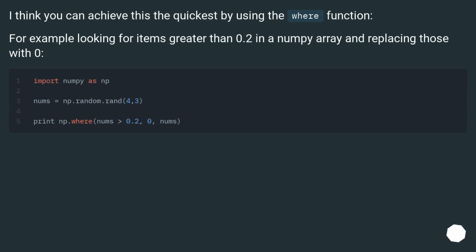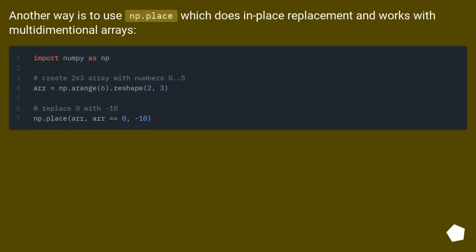I think you can achieve this the quickest by using the where function. For example, looking for items greater than 0.2 in a NumPy array and replacing those with 0. Another way is to use np.place, which does in-place replacement and works with multidimensional arrays. If you want to see more